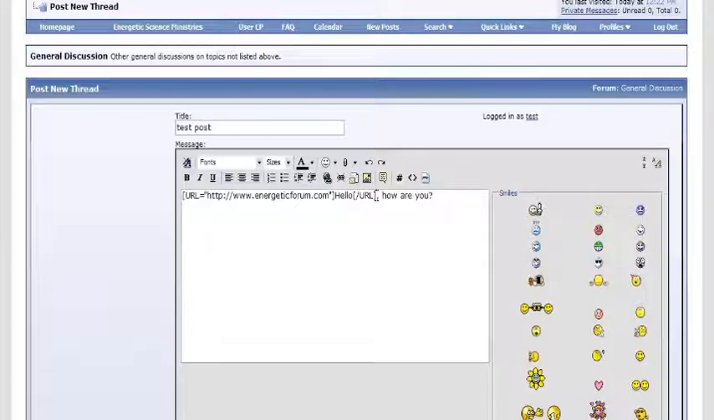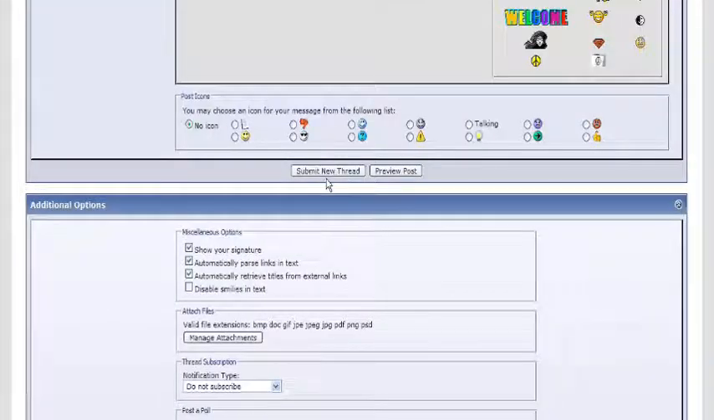It may look like this, and if it does, don't worry about this coding, just leave it exactly how it is. Another way to make a link is simply by just posting the URL itself, and it'll automatically turn into a link that looks like the link, or you can turn a word into a link. Okay, and for example, when I submit new thread,